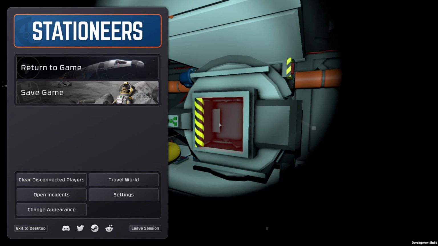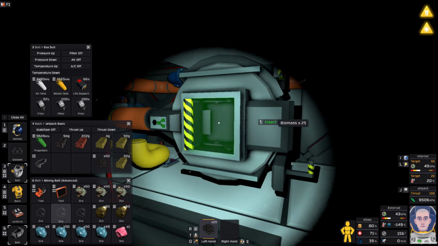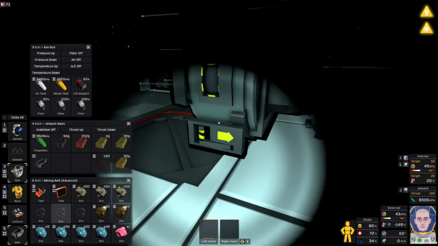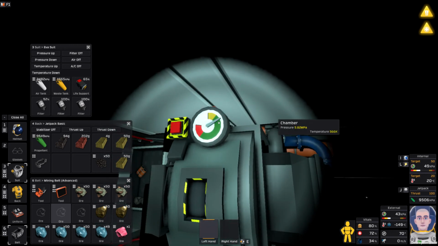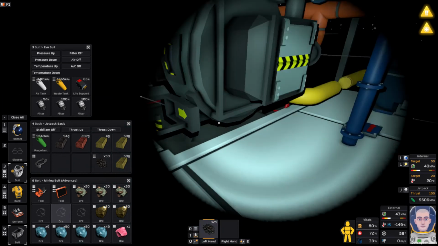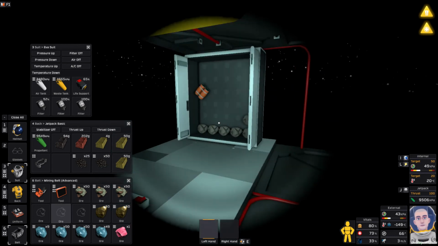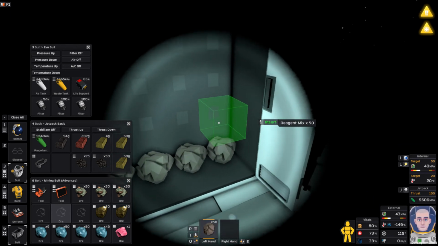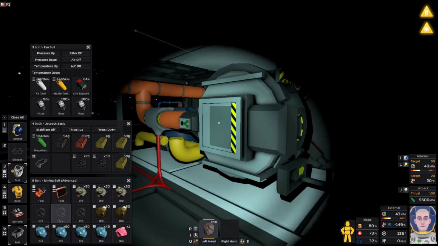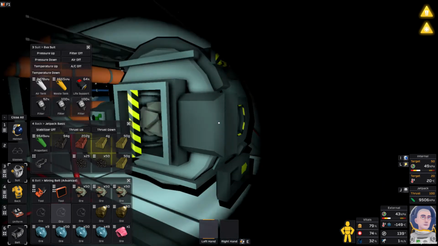Have I just forgotten basic principles here? Don't you just chuck biomass in and it becomes charcoal? Is the temperature too cold to make charcoal? Well, I'm making biomass anyway. At what temperature does it...